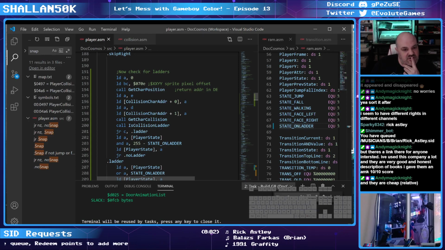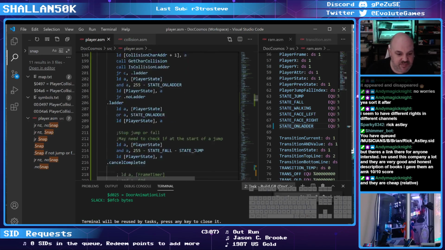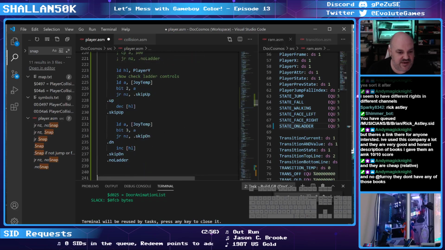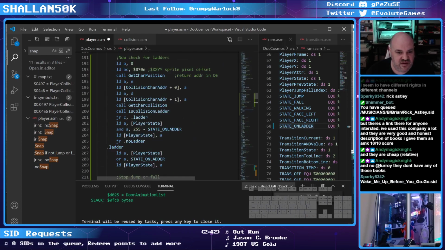Because what we need to do here is we also need to check two positions here. So this is just if we're already in the middle of a ladder, but we also need to check here to see if there is a ladder directly below us. Because if there's a ladder directly below us, then we should be allowed to do this down. So I'm going to actually move that to there, and we're going to do an additional check here, which means this is kind of going to change a little bit, but